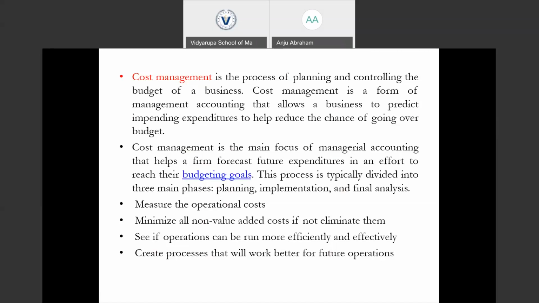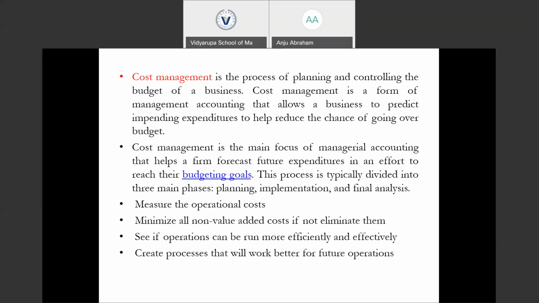In the business management arena, it is considered to be the most challenging task, because the costs and expenses incurred in a business are usually recorded by an expert team called cost accountants in their cost records. And cost management includes the various activities, various techniques that we apply in effectively and efficiently planning and controlling the cost of a business.